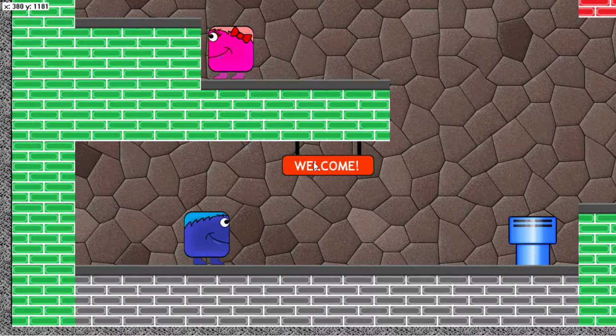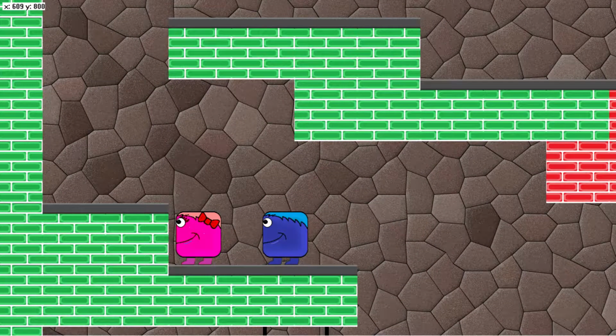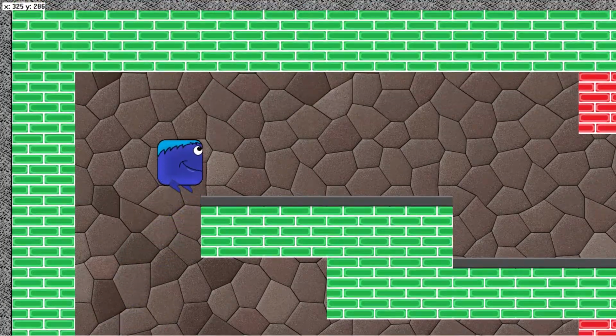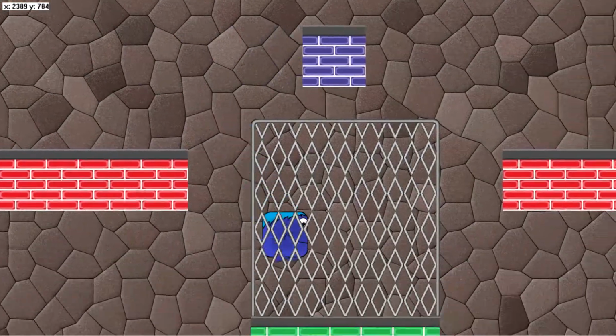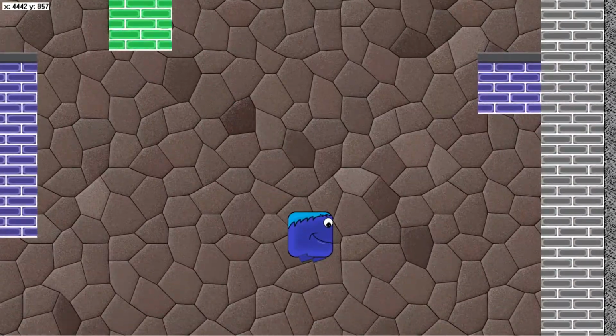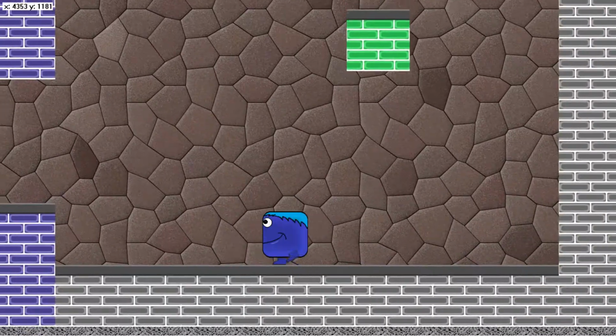There we go. Some of you guys might remember this one. And this is a background that's basically just the size of the level. See, this background just scrolls along with the level. This one looks really nice, but